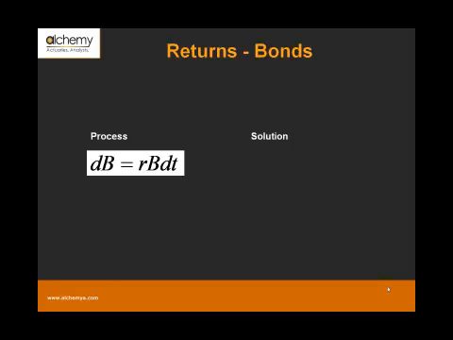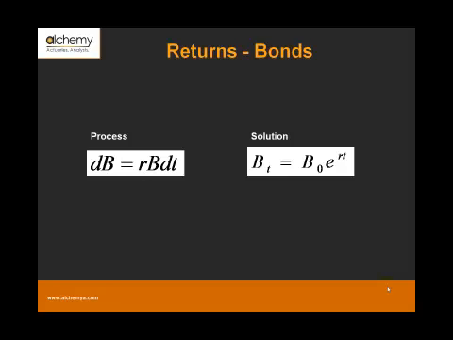On the left hand side of this equation, we're saying the rate of change in the value of a bond is equivalent to the interest rate times the principal B at which it was invested times dt, which is the time step. What we're saying is over some time period dt, the rate of change in the value of the bond is equivalent to that time step times the interest rate times the principal invested. If you solve this,